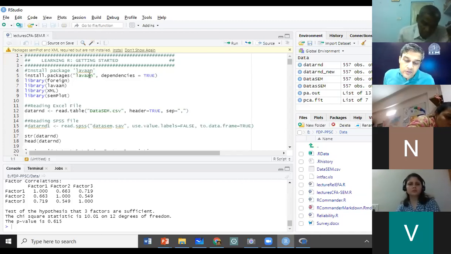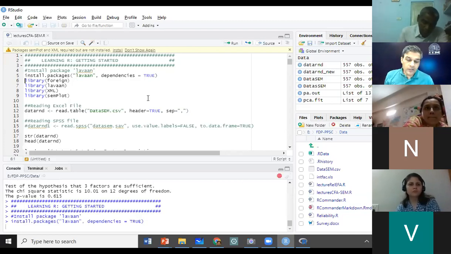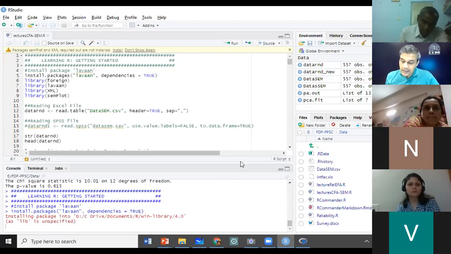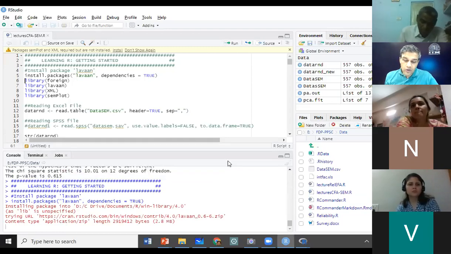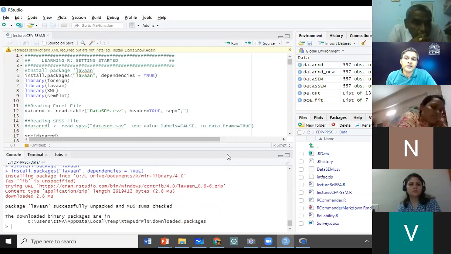And so the first thing that we will do, because we want to use this for our analysis, is load or install this package. So I am running this line where I say install.packages lavaan. Okay, so my first package gets installed here.